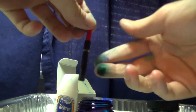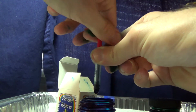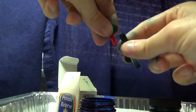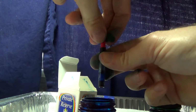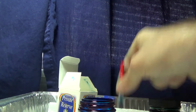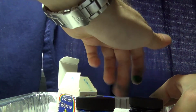Okay, so what we do, we take out the converter here. I'm making a mess, but oops, that ain't what I wanted to happen. Just empty it out. Get all the color out. Okay. And then what I'll do next is,